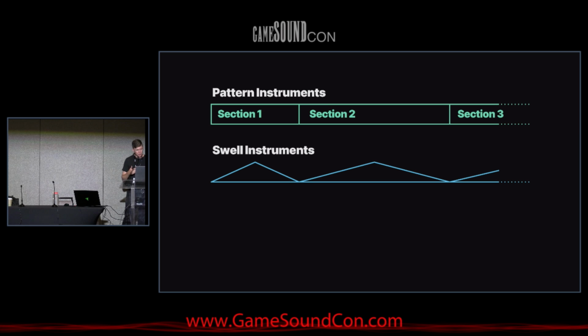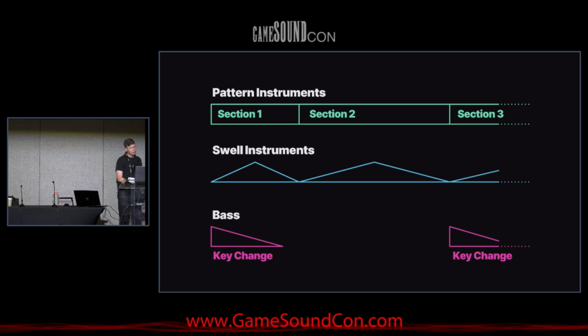The section changes can be either an evolution of the pattern in the same key, which feels like it's just kind of drifting a little bit, or it can be a major key change, which also triggers the bass, and this feels like more of an event. So although the section lengths are indeterminate, the 3 instrument groups make their changes in relation to each other, which